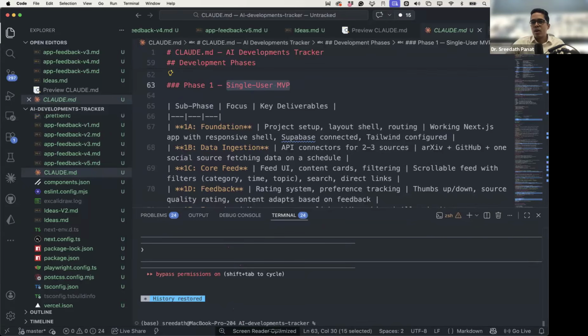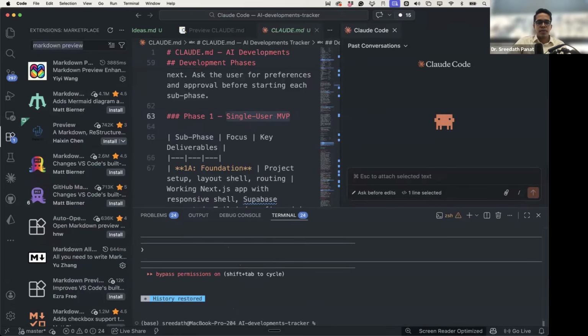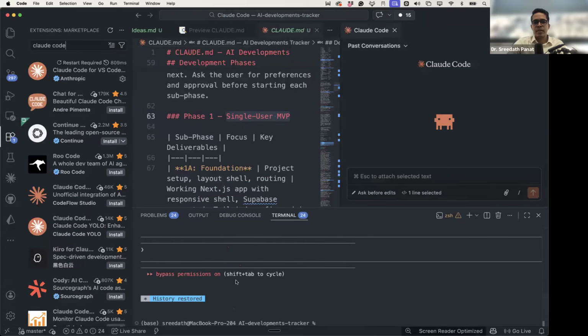I have a Claude Code extension in VS Code, but right now I am not using that. I'm using it in my terminal only. This Claude Code extension you can also get from here. Go to VS Code extensions and type Claude Code. You can install this, but I personally have not used this extension as much as I'm using it